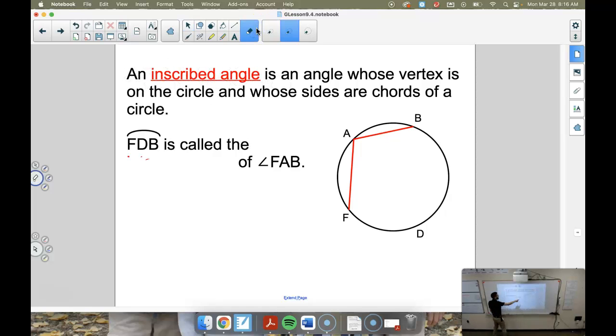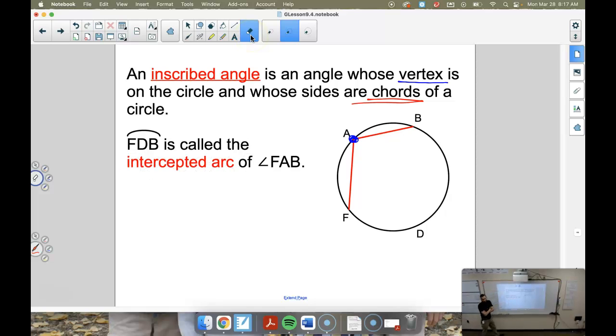All right. So, an inscribed angle is an angle whose vertex is on a circle. So that's your vertex, this guy. And then the red parts are your chords, right? Those are the sides. Okay. And then you have this FDB, that bigger one, is called the intercepted